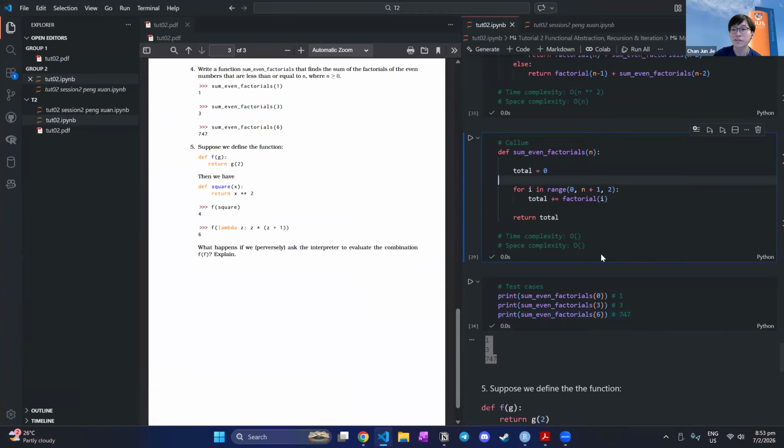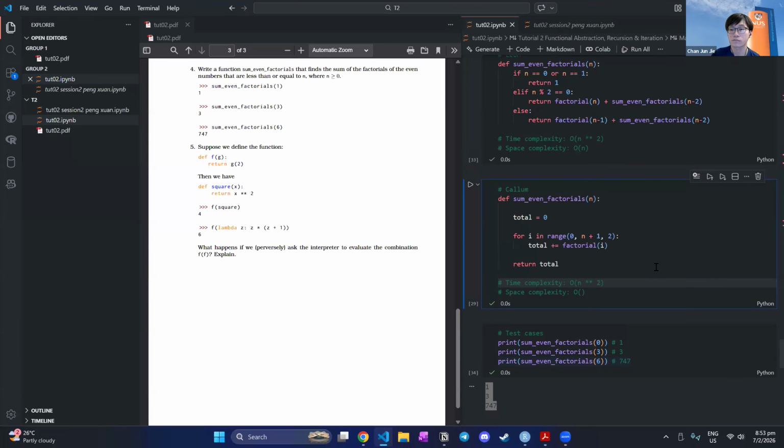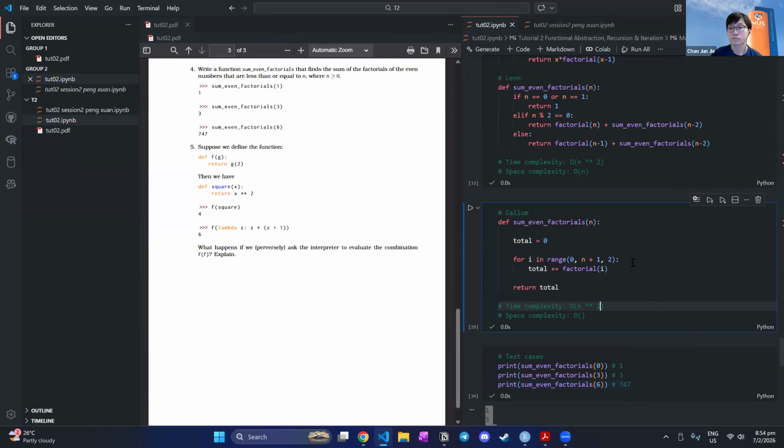Now for Callum, can you explain the time and space complexity of your iterative solution? The time complexity is also O(n) squared. Because it runs about n over 2 iterations, so that part I think is O(n), if that's the correct way I'm thinking about it. And then after that, wait, actually,